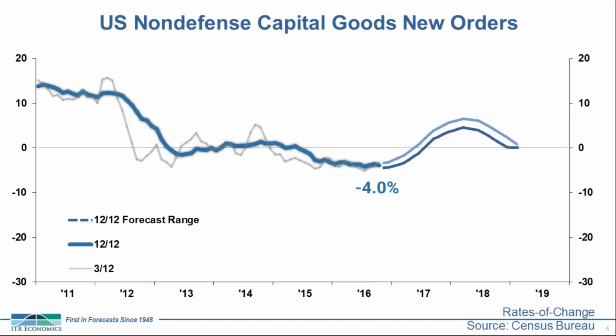The industrial segment of the economy wasn't the only portion of the economy that was hit hard in 2016. In fact, U.S. non-defense capital goods new orders, and I know this is a mouthful of a term, is our metric of business-to-business activity and business investment. It includes such things as heavy machinery, industrial and agricultural machinery, office equipment, and computers. Basically, anything that corporations need to function on a day-to-day basis is generally included within capital goods new orders.